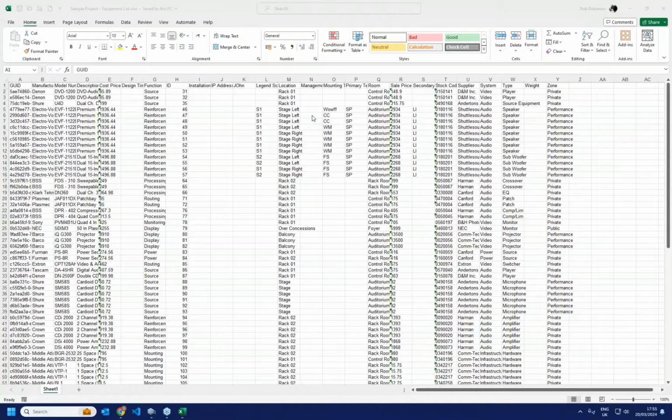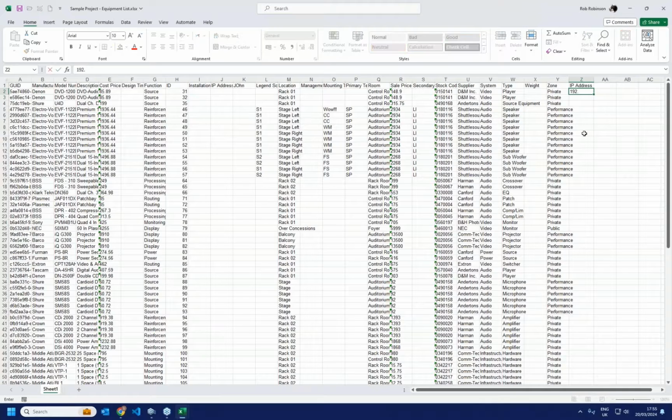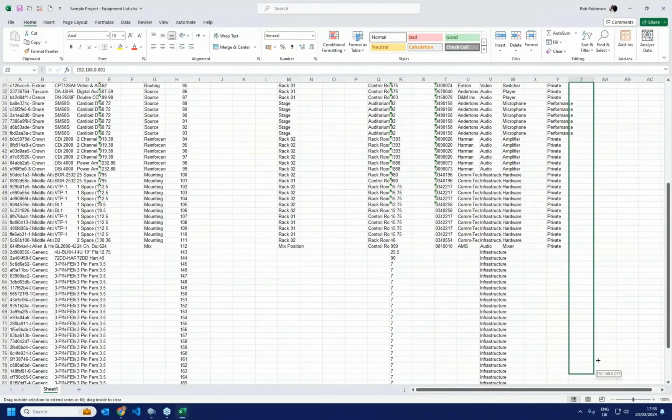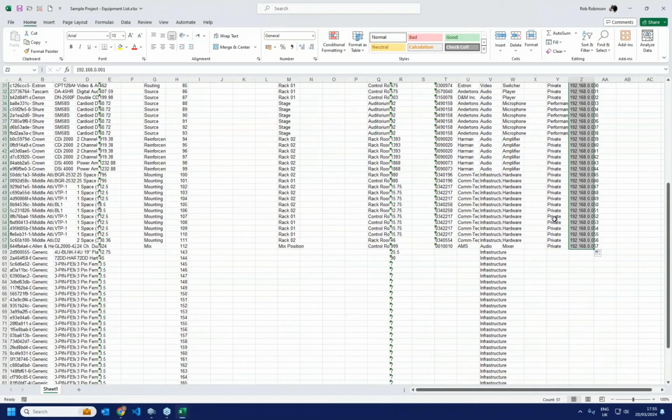But from what I understand of your question, you would like to change or add some attributes through the spreadsheet. No problem. In row 1, add a new title like IP address. So you can imagine you've installed your system, you've commissioned it, you're now walking around with your laptop or a tablet, you've got this spreadsheet loaded, and what you want is a record of the actual IP addresses of all the products. So let's put in some values,